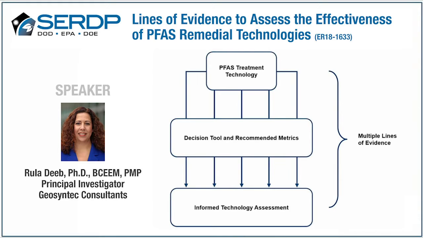close the mass balance. The second line of evidence focuses on identifying a mechanism that is consistent with previously published research and is supported by kinetic data, the detection of intermediates, control study results, or other research findings. And finally, the third line of evidence focuses on the detection of PFAS transformation products, including shorter chain intermediates, fluoride,